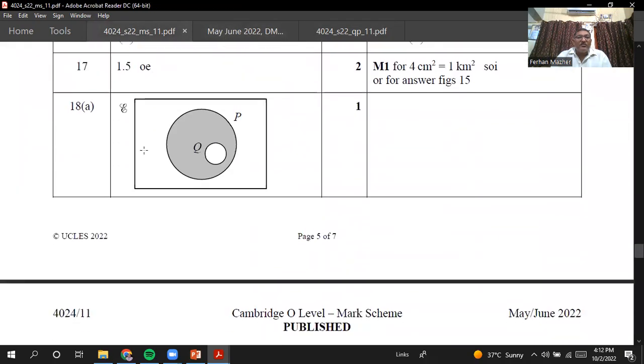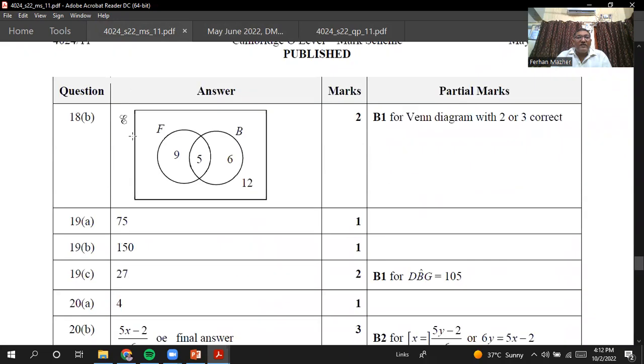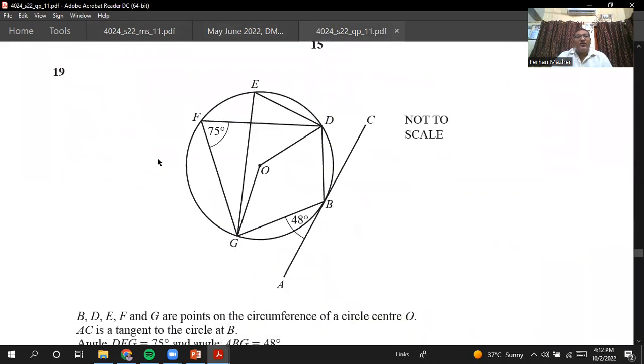Okay. So our answer is right. Question number 18, and this is how we have done. So that was question number 18. Okay. Now we are going to the next question. The next question is question number 19. Here he says the